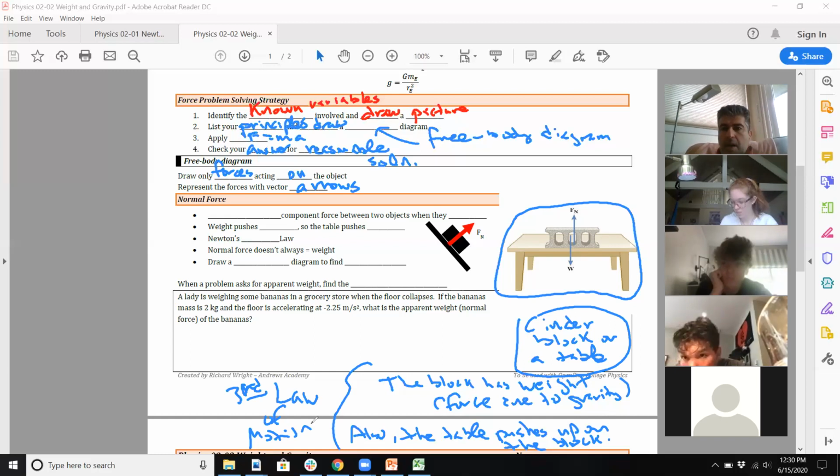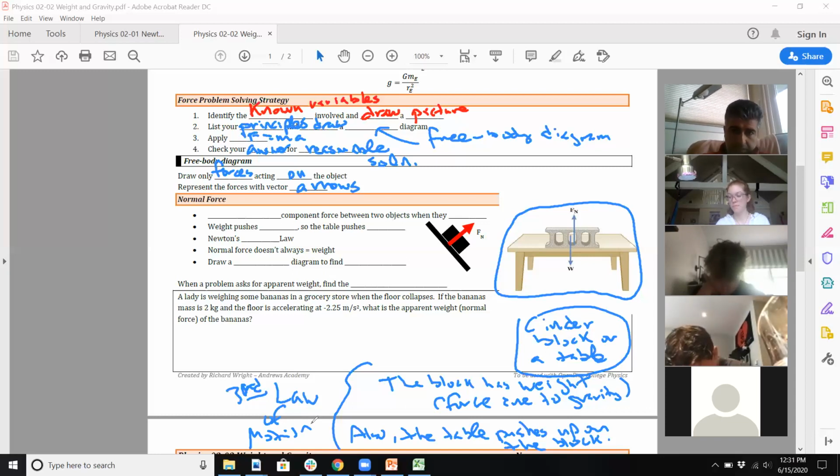So of course, if you have a block, it wants to fall because it has gravity weighing it down. So it has weight, force due to gravity. But the table pushes up on it too. Now, the force, so this right here, excuse me, this right here we like to call